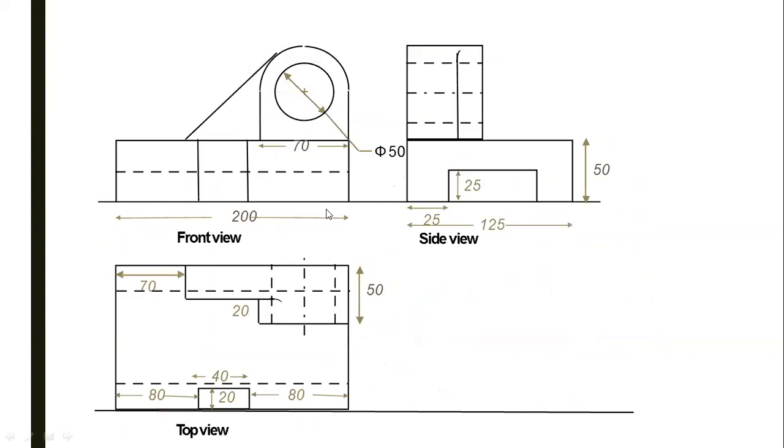this is the complete diagram. Okay, as there is a hole and circle over there, we have to draw center lines and hidden lines. The dimensions are also mentioned over here, but they have made some mistakes in the dimensions. We will not draw dimensions like this. The dimension of this hole is given correctly. Okay, it is mentioned like this, but the remaining dimensions are not mentioned like this.